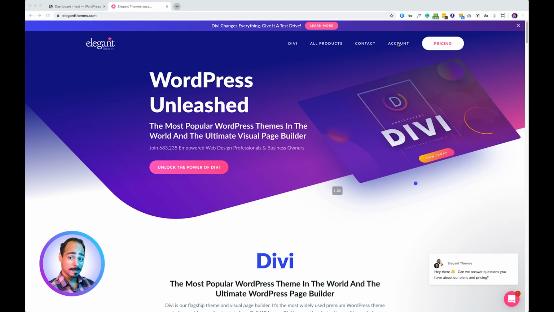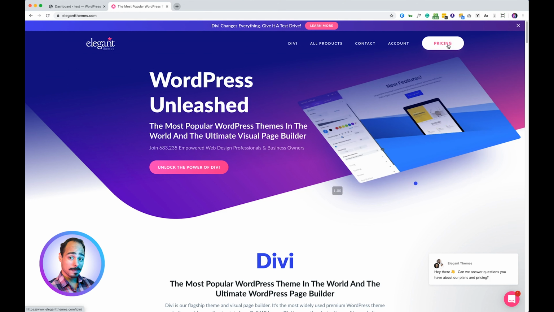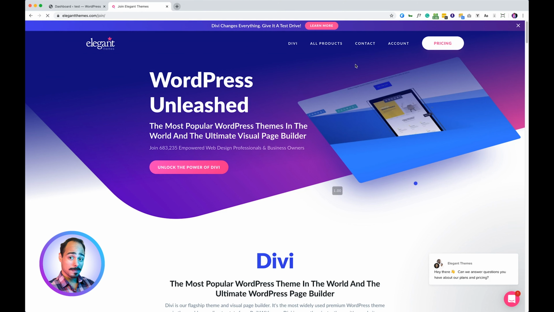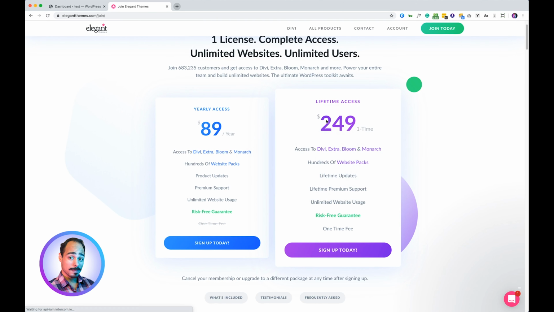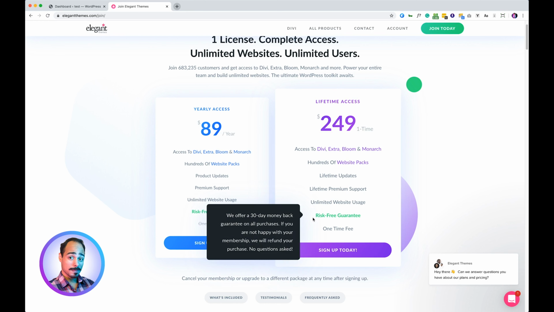So first thing you have to do is go to accounts. Now of course, if you have not purchased the Divi theme, you're not able to use it. This is the pricing table here. I would highly suggest the lifetime access. You get unlimited updates. They keep pumping out a new theme every week. It's insane. They give so much for free, essentially for free, after you're paying this lifetime access. I couldn't imagine justifying $89 a year when you can have the lifetime access and all the things they offer,